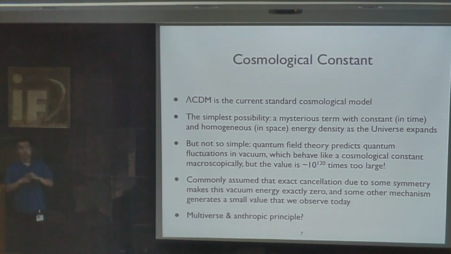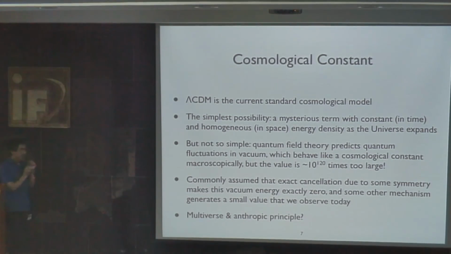And from a theoretical point of view, it is very difficult to explain why we have such a cosmological constant. I mean, we can have cosmological constants which are, for example, quantum fluctuations from quantum field theory. And if you look at these fluctuations statistically, they could behave like a cosmological constant. But predictions like this are often much, much higher than the value that is required to explain the cosmic acceleration. And it is very unsatisfactory.